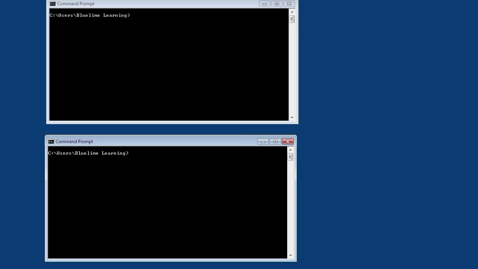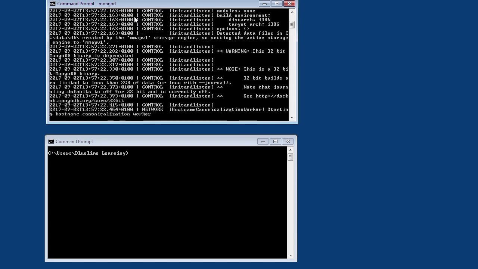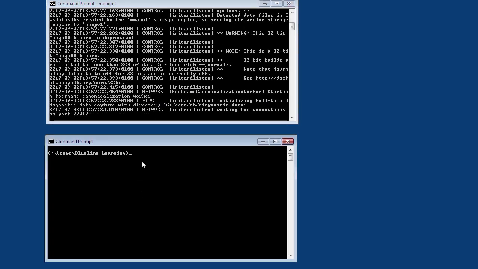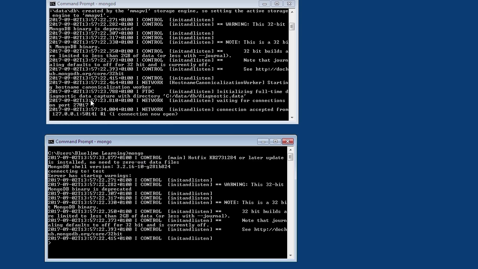The first we use to start the MongoDB server, by typing in mongod, which starts the server. And the second we use to start the client. To start the client, which is a command line utility for Mongo, you do mongo and press enter. It tells you here one connection now open, and we've got the flashing cursor, which means the client is